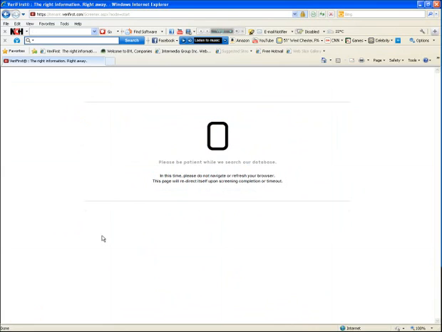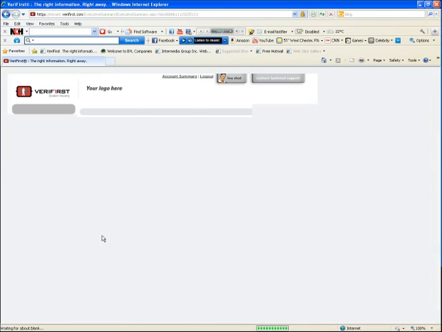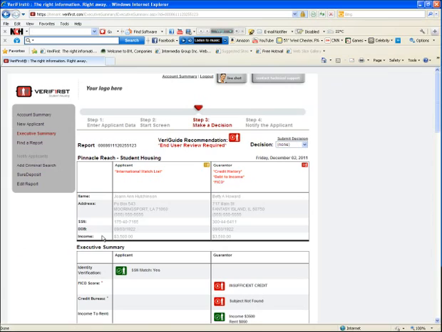VeriGuide recommendation and leasing decision. Your account can be configured in one of 2 ways. VeriFirst can make a pass or green, a conditional or yellow, or a fail red recommendation, known as the VeriGuide, based on the background screening results. Your staff can then review the full details or partial details of the screening report and make a leasing decision